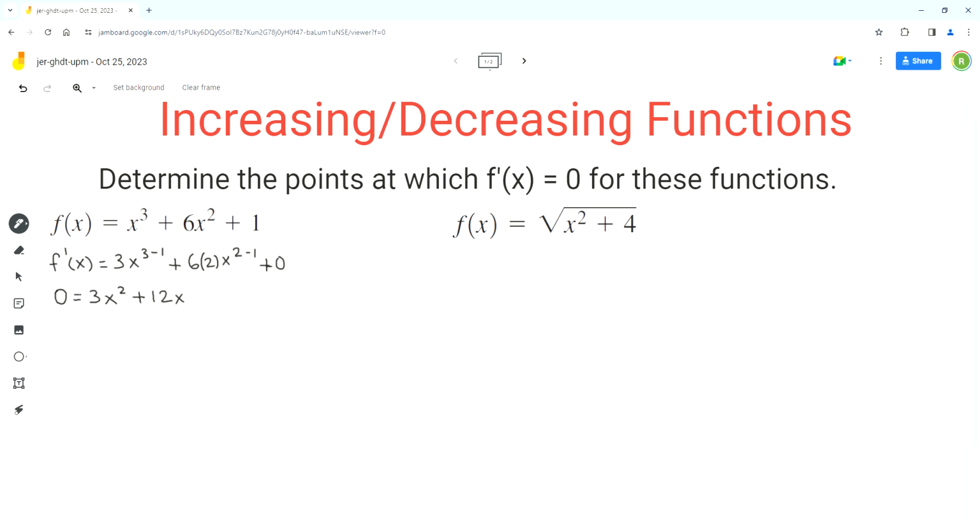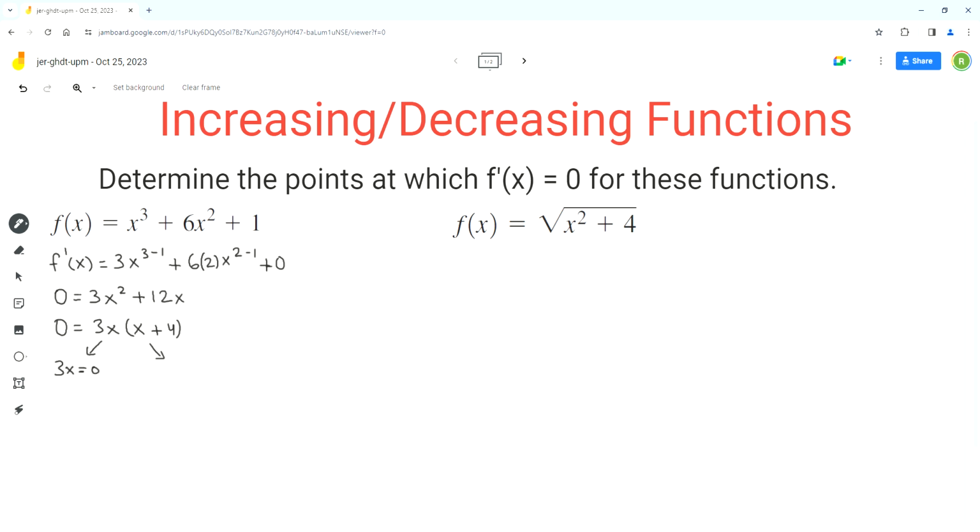Now this is a polynomial equation, so the first thing we can do here is factor. So we can use common factoring. We can factor out 3x, and in the parentheses we get x plus 4. So now we get two cases. The first case is 3x equals 0,